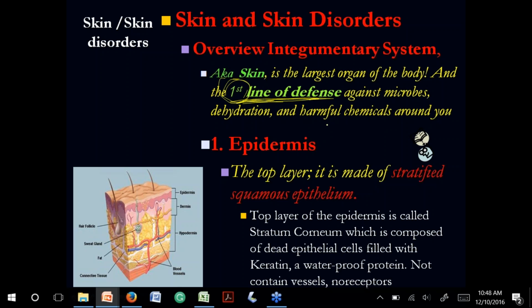And in the skin, we are going to have the normal flora. Don't forget about the normal flora. The normal flora in the skin is going to protect against infections. So we have the epidermis and the dermis, those are the layers of the skin. The hypodermis is under the dermis, and you will see that it is formed by loose fat. If you see here, the epidermis is the upper layer, here we have the dermis, and below the dermis we have the hypodermis. The skin is formed by epidermis and dermis.